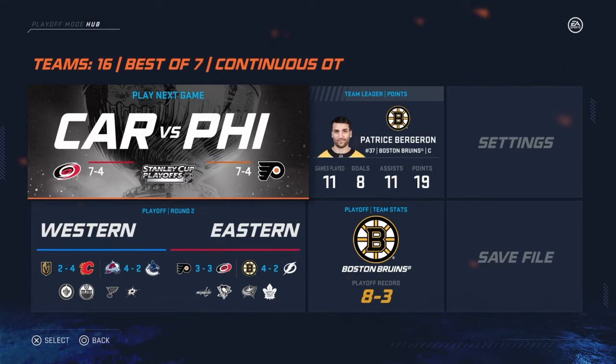So it looks like most of these teams win 2 in a row. The Flames closing out the Golden Knights' season. The Avalanche taking over Elias Pettersson and the Vancouver Canucks. And then the Bruins, the top-heavy Bruins, taking over the Lightning in 6, which that'd be a great series in real life.